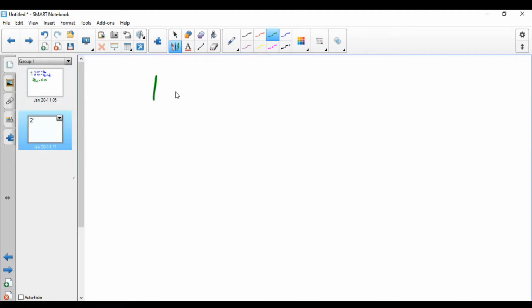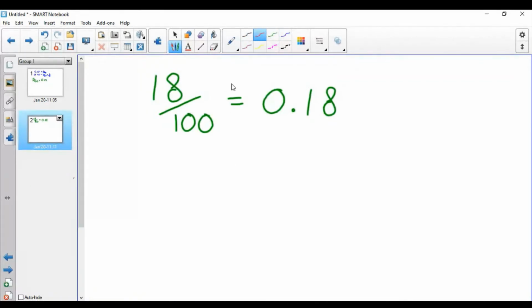What about 18/100ths? Well, 18/100ths are equivalent to 0. Well, I know it's 0 because it's less than the whole, isn't it? And that's got 1/10 and 8/100ths. So 18/100ths are the same as 0.18. But what about